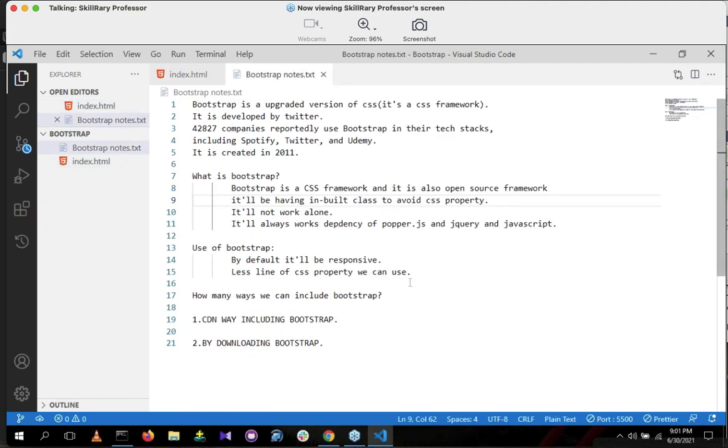Okay. Next, Bootstrap notes. If you are using a CDN link, what are the good things? I'll tell you.